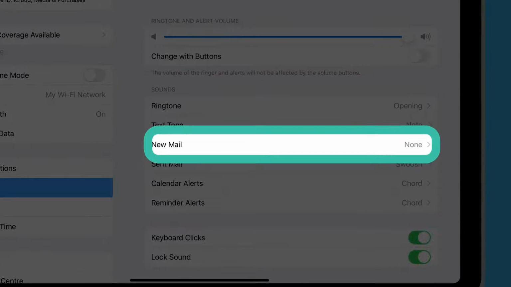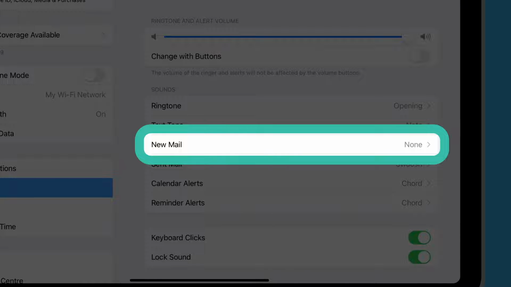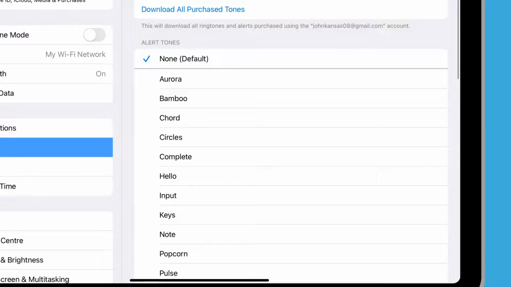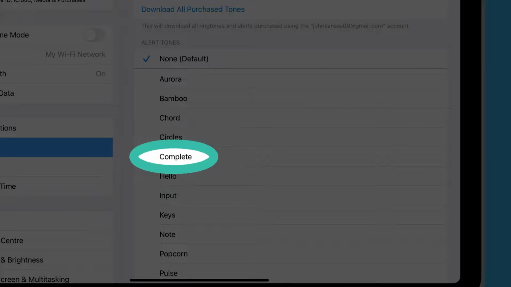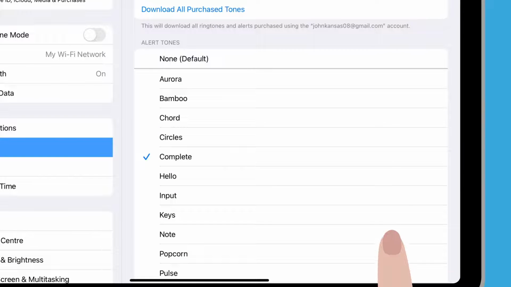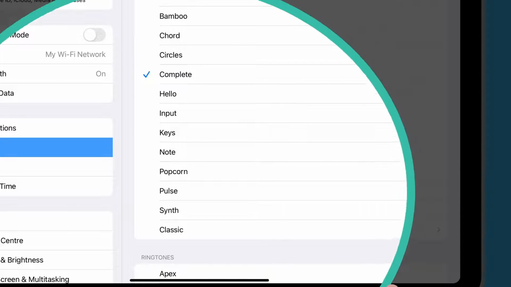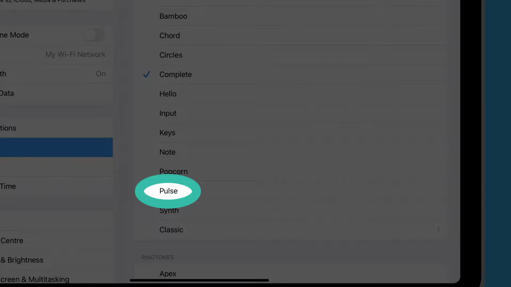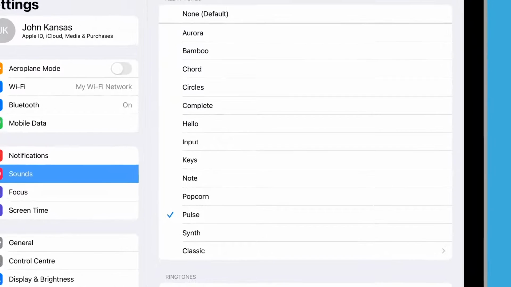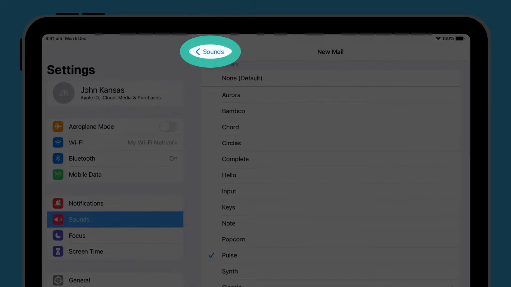Next, tap New Mail to change the sound that plays when you receive an email. Listen to a few options and tap Back at the top left to set the one you like.